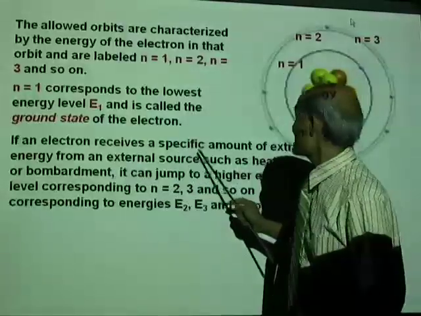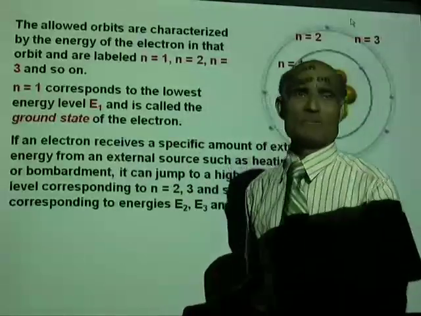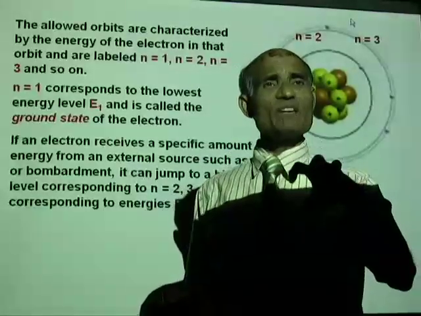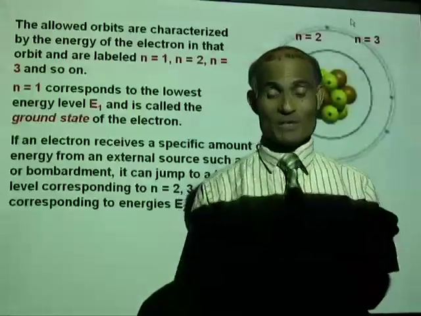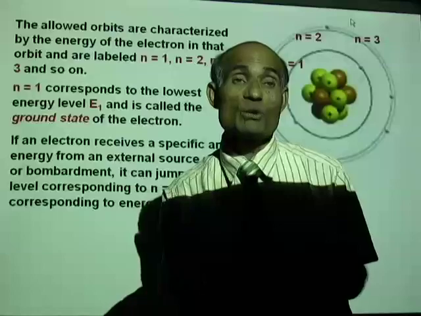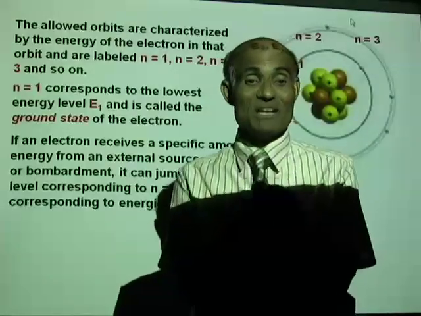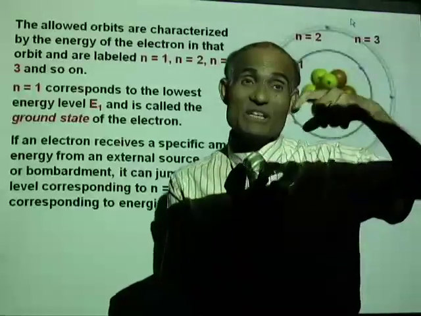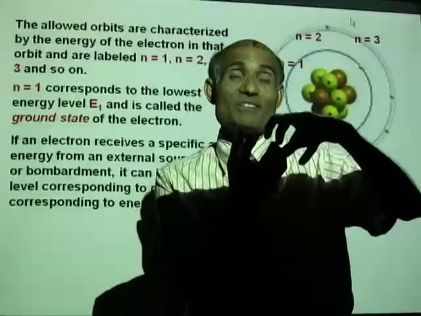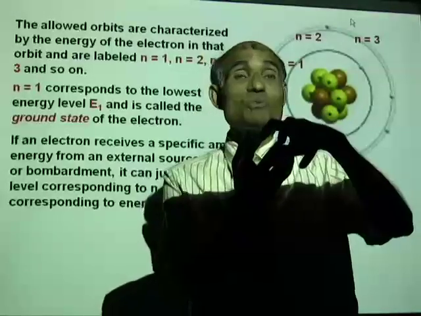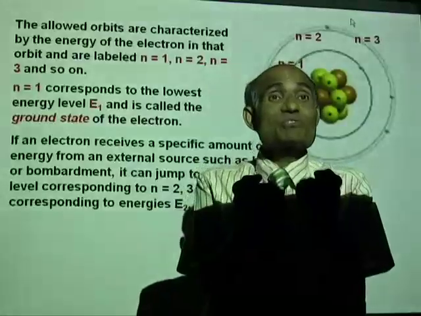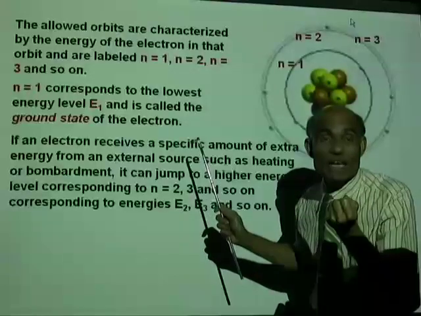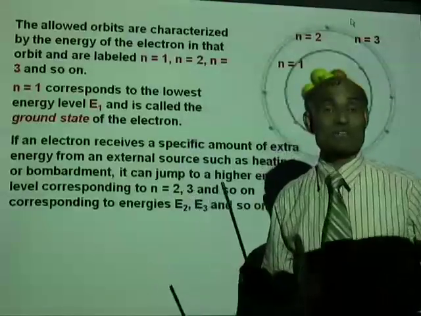If the electron receives a specific amount of extra energy, how can we supply extra energy to an electron? Well, we can supply extra energy to an electron by heating an object. You just saw I lit up a hydrogen source. Inside that source, you have an electrical discharge. When you pass an electrical discharge through a material, electrons receive extra energy. So, an electron in the ground state, if it is given some extra energy, but not any amount of extra energy,